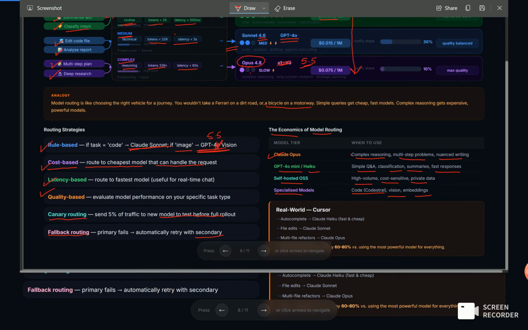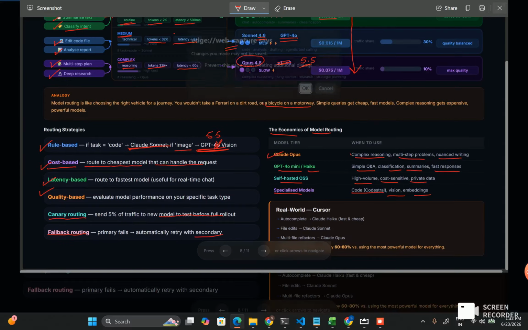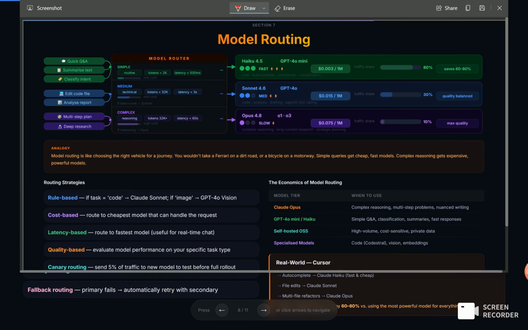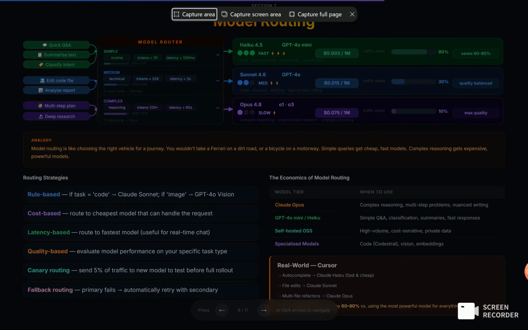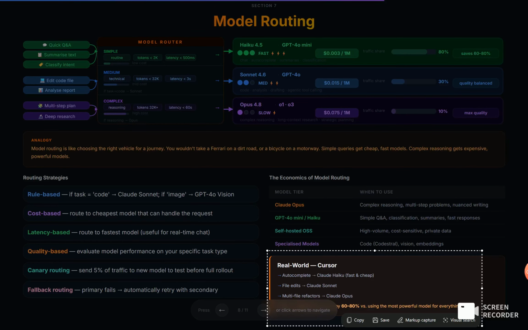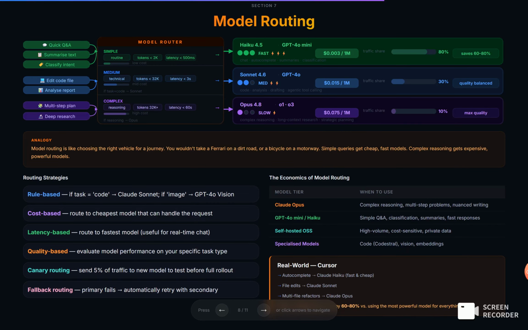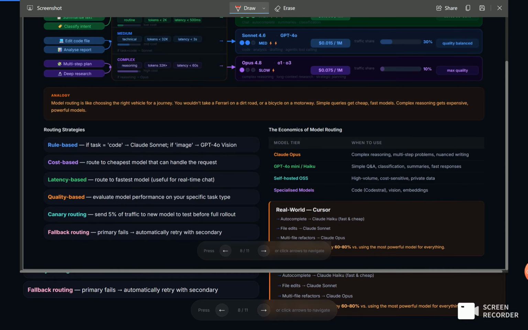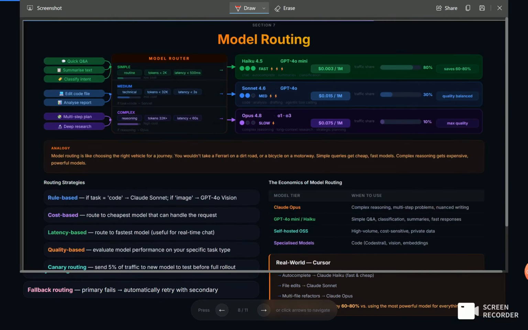Now let me give you a real world example of Cursor. Yeah, Cursor. So if we are talking about model routing, Cursor routes requests